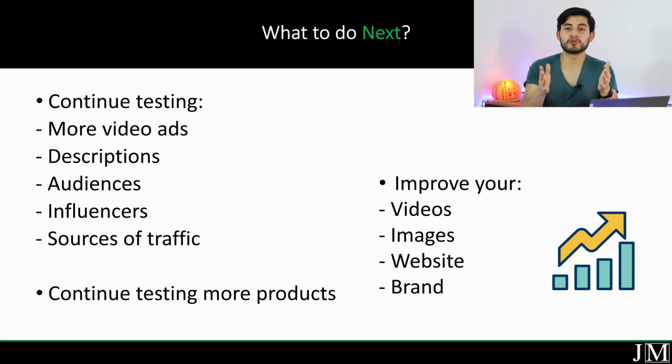You have to start to test also other audiences because, for example, with this product, we were targeting people that were familiar with the camping niche, but you can start to test completely different topics. For example, you can think about someone that has a hammock inside their house. So maybe they are not going to be interested in hiking and camping and all of that. So in that case, you can test new audiences and you can start to reverse engineer how your customers are thinking, how your potential customers are thinking, where they are from, for example, what topics they like,